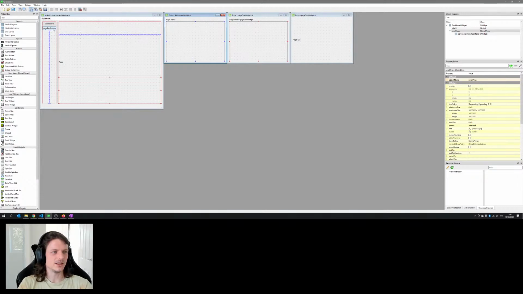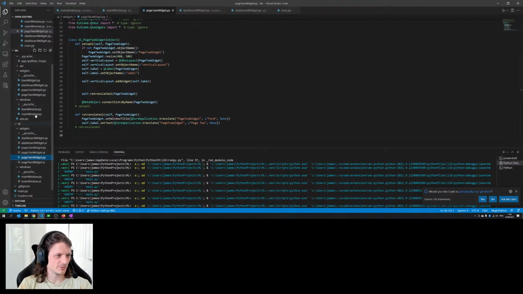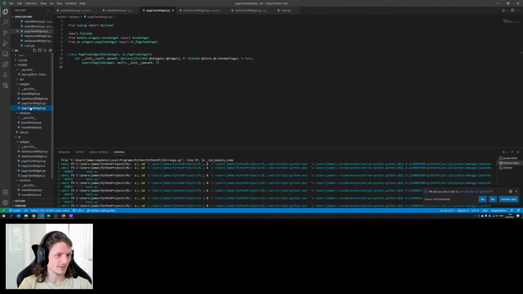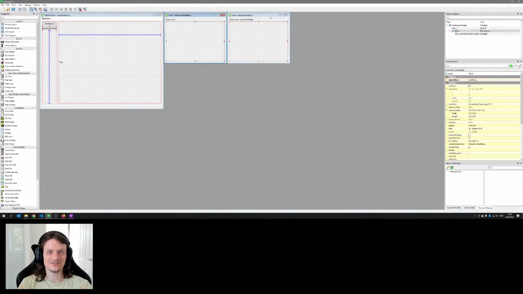In my page 2 widget, this is not well done. What have I got here? Bear with me. I have made widgets. Okay, let's just delete page 2 for now.